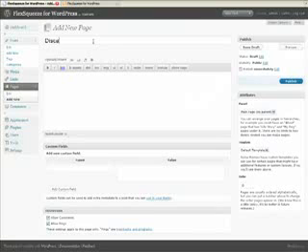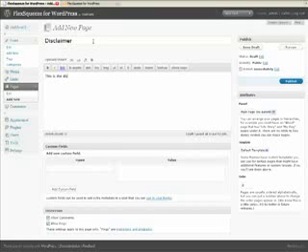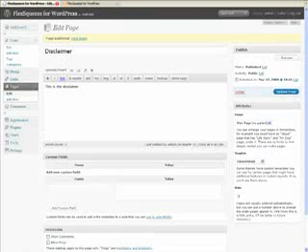The first one I can type is the disclaimer. I'm going to turn off comments and pings, and over here on the right side I'm going to assign the squeeze page template to this page. And now we want to go in